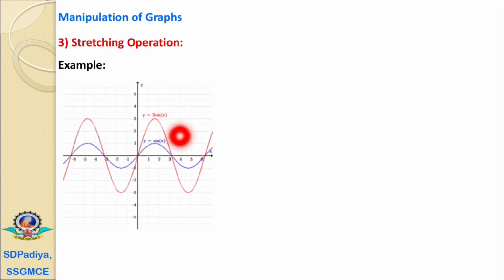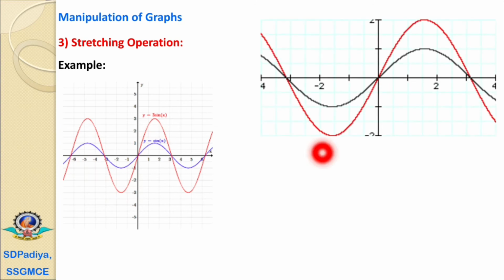Now, we'll consider some examples for the stretching operations. Here, the graph in a blue line is the original graph. If we have performed the stretching of a graph, then every point will stretch with a constant value c. It is proportional to the constant value c. The second is again an example for the stretching. The original graph is in black, and if we have performed its stretching, then we'll get the graph which is in red color.